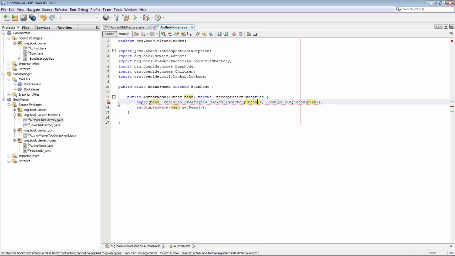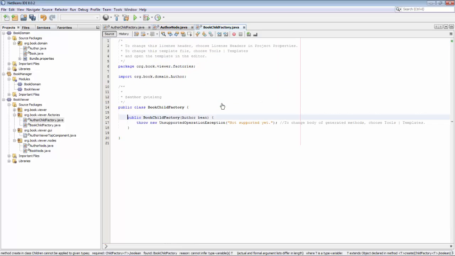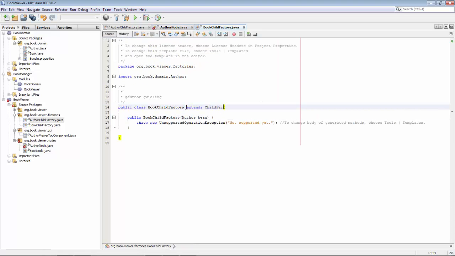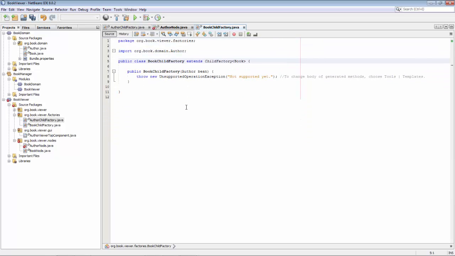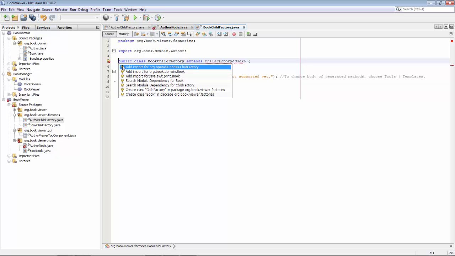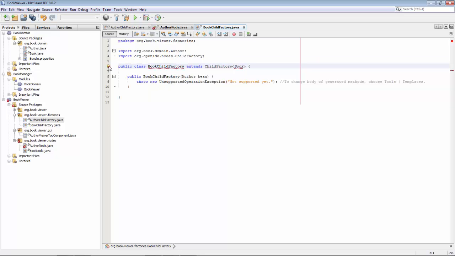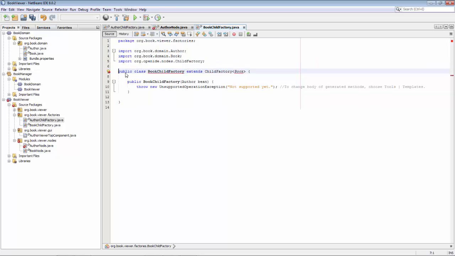So get the BookChildFactory and create the constructor, and here we're going to also extend Child Factory, but this time for books. Get the import statements and implement,